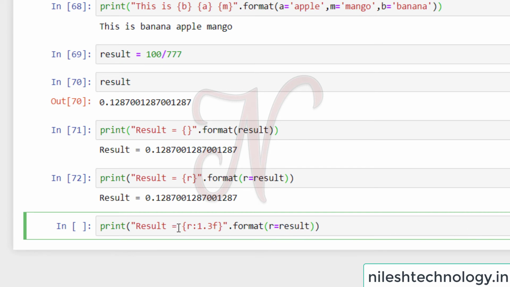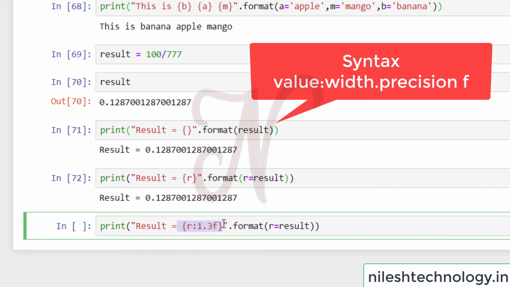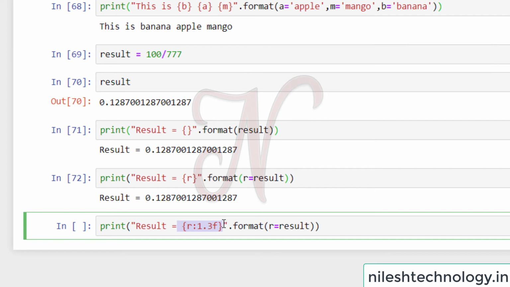Okay, see here, this is the syntax. So syntax is that first parameter is the value, then colon, then width dot precision followed by f. So this is the syntax which is used for a floating point number.